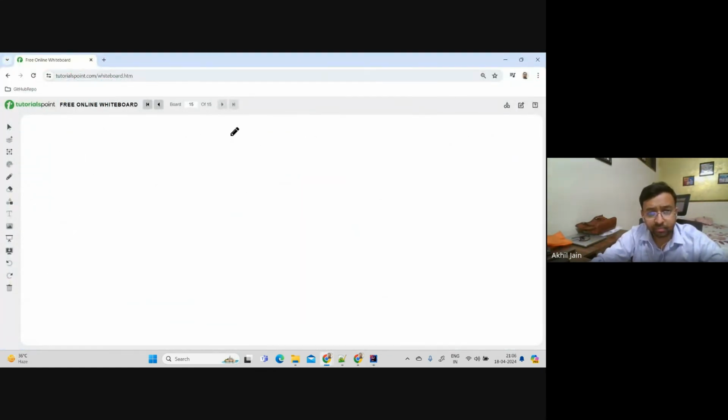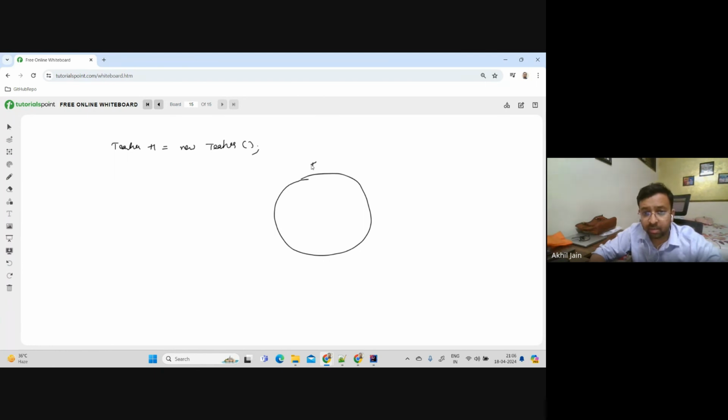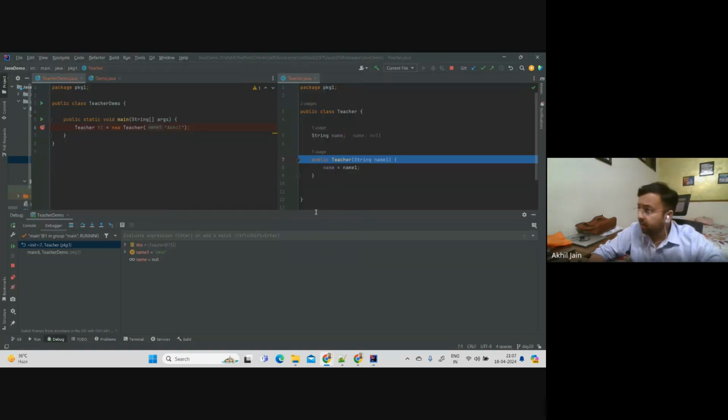What is happening here is, as soon as it saw this line, teacher T1 equals new teacher A, it created this thing. This is a heap, and on the heap I provided Akhil here. As soon as the new keyword was seen, it created a teacher object, right, everyone? And here, what was the value of name? It is null as of now. It created this, and now what will happen is